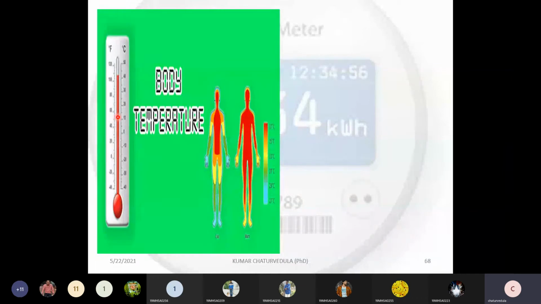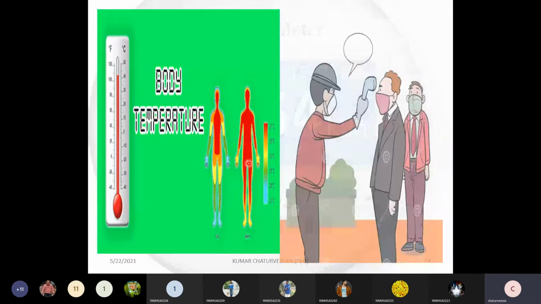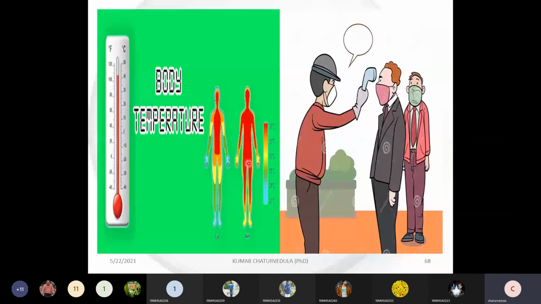This is your analog thermometer. Cold body, hot body, we have mentioned two things here. Now this is the latest measurement of temperature. Now you have your corona face masks, your body temperature sensor. So everything has come. Now if you read 100, then you should immediately go for testing.